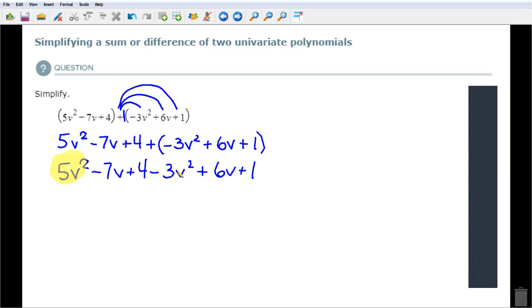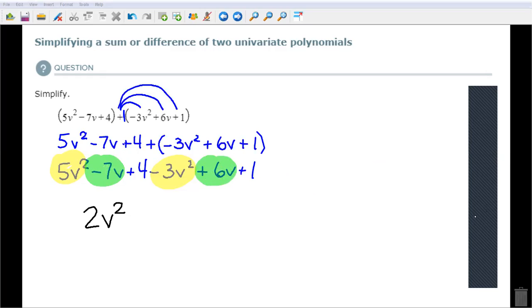Combine those two terms together, you're going to get 2v squared. Keep in mind you have to have that sign in front. Don't forget about this negative sign right there. A lot of people forget about that. I understand it, but try to train yourself to make sure you're keeping that sign attached to whatever term you have. The next terms that you're going to have to combine are